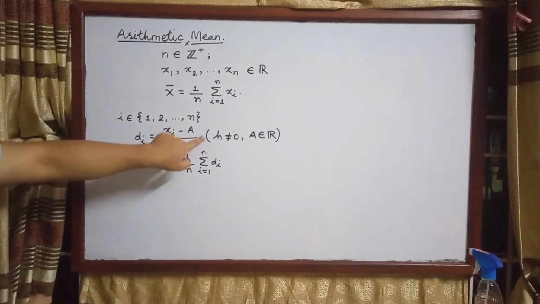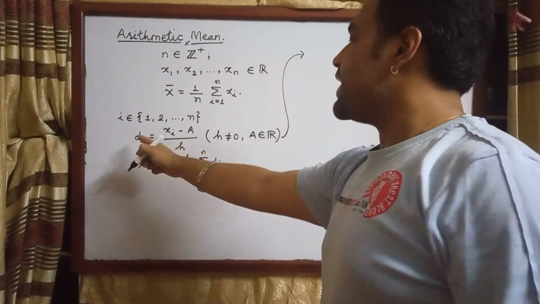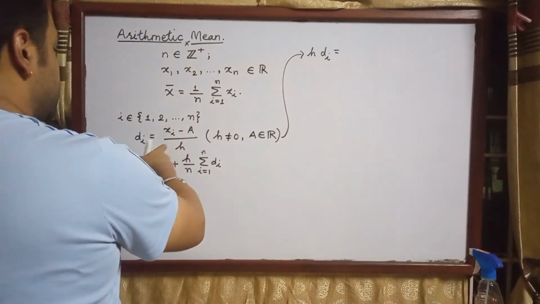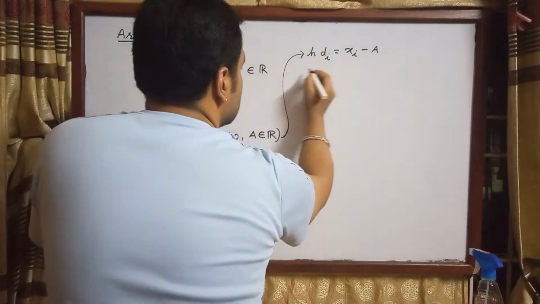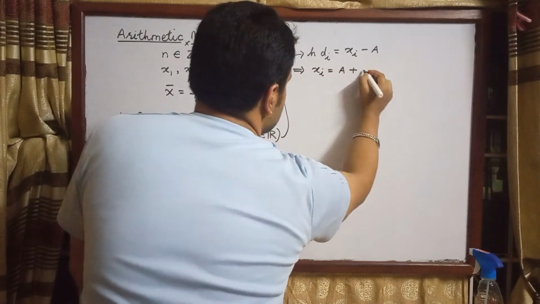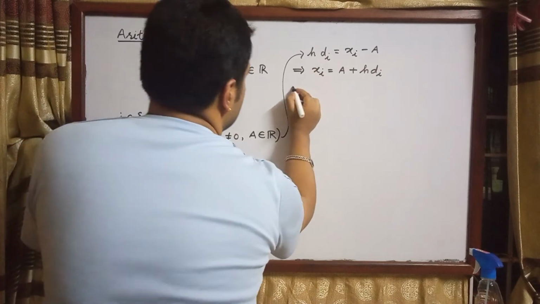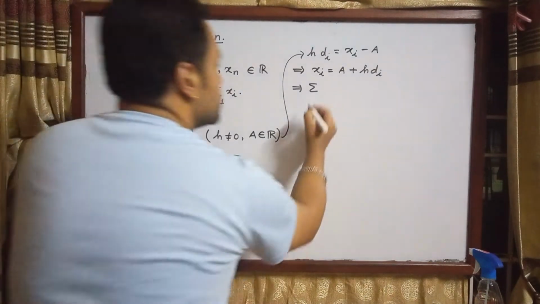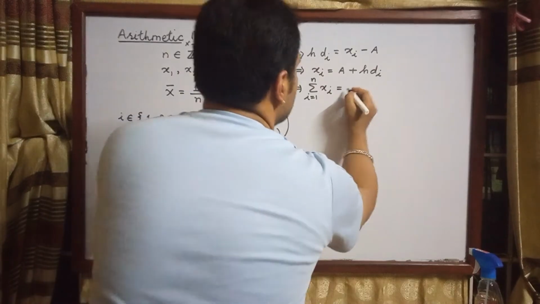Let's begin with this. Then we can rewrite this as h times di is equal to xi minus a. All right, and this can be rearranged as xi is equal to a plus h di. Now let's sum them up. i was any element between 1 and n inclusive, integer values, so summation i equals 1 to n, i runs from 1 to n, xi will be equal to, a is a constant so we can take it out,